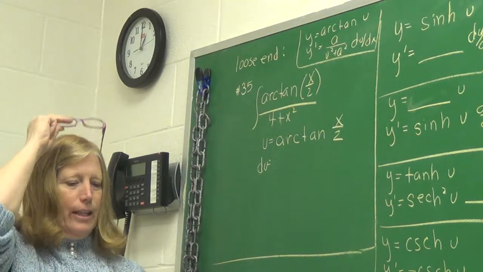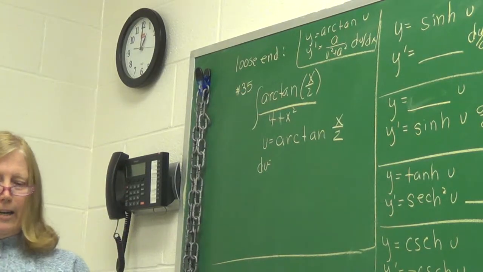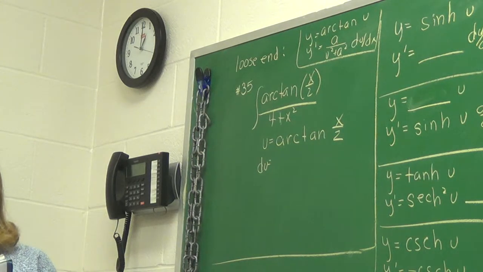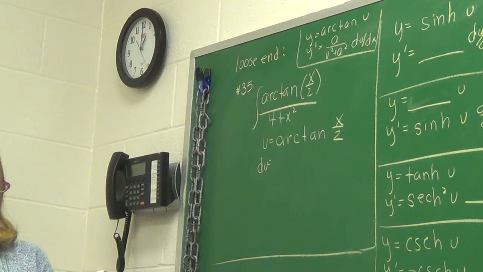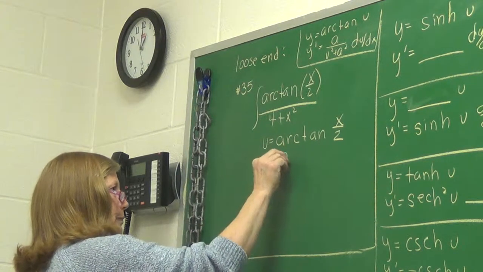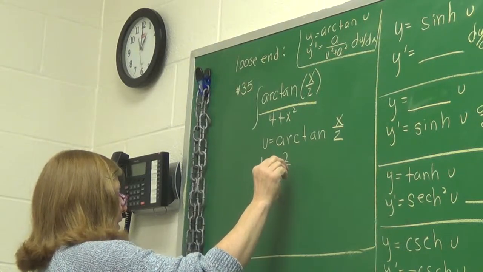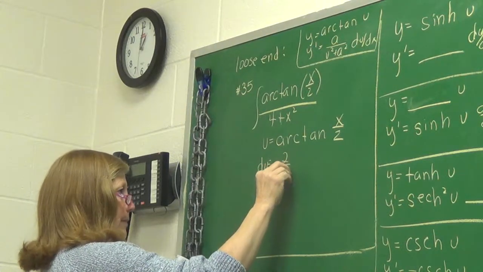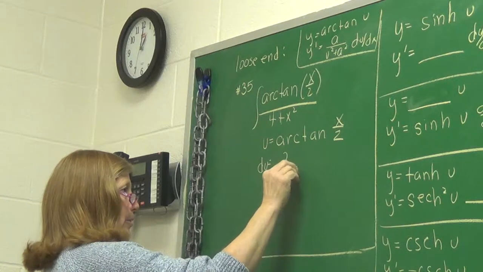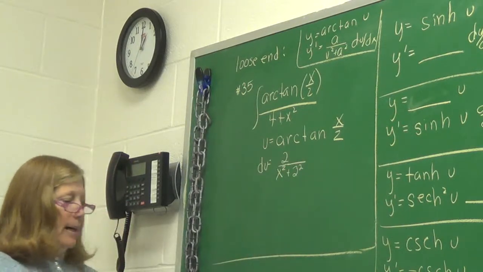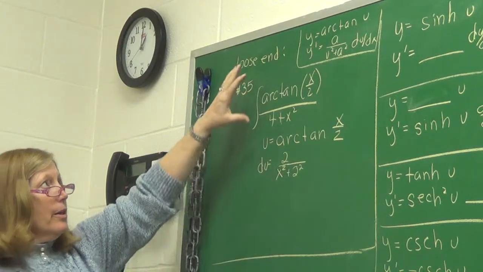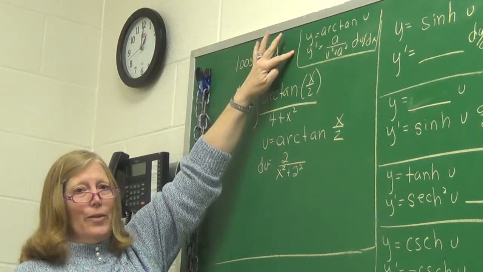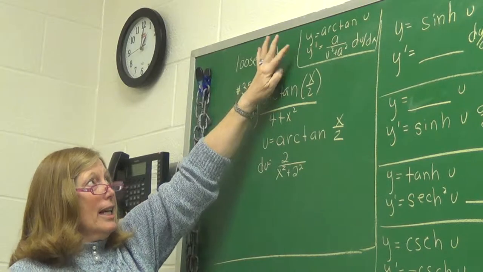So if you said that is the arctan, would you look on your 35 and tell me what you said the du was? I got 2 over x squared plus 2 squared, times 1/2. That's where we differ. Because when you're using this rule to find the derivative of the arctan, remember,